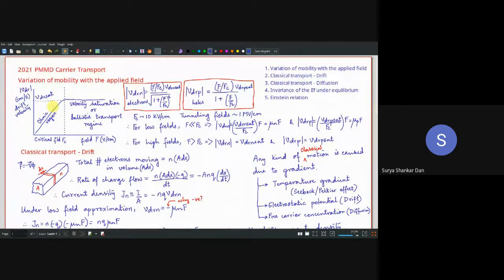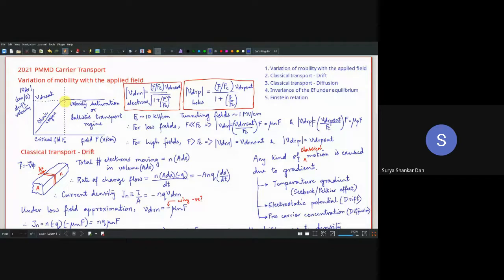Now that brings us to a very subtle point. In case if you are looking for a metal में क्या होता है? It's a good conductor of electricity. So basically, no matter how much field you apply in real life, in practice, you are always going to have an ohmic relation in the case of a metal. Metal में कभी मतलब velocity saturation या current और नहीं बढ़ेगी, ऐसा कभी होता नहीं है. क्यों नहीं होता?